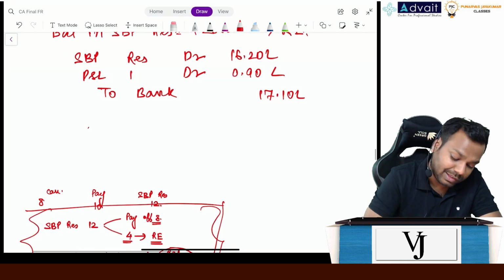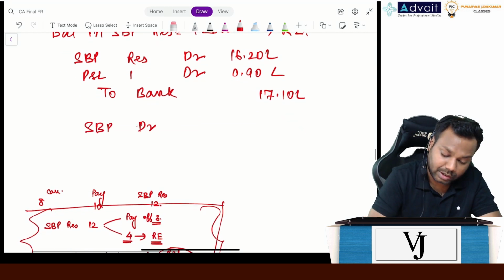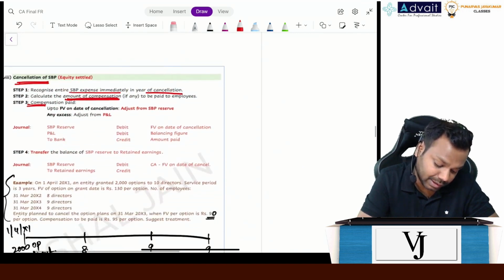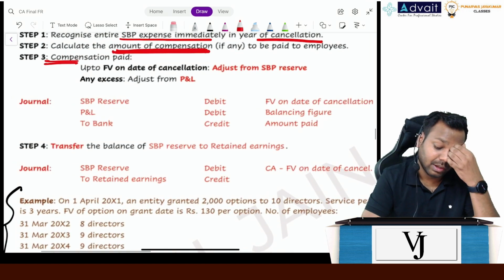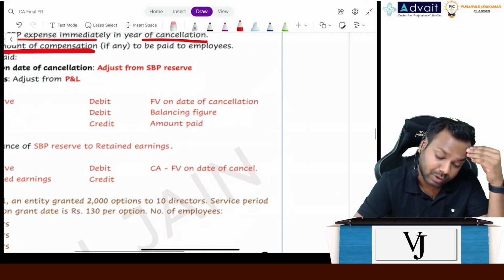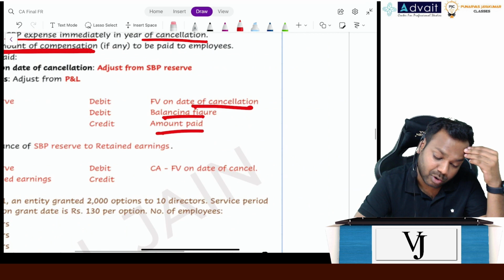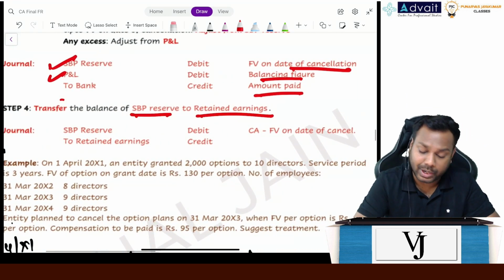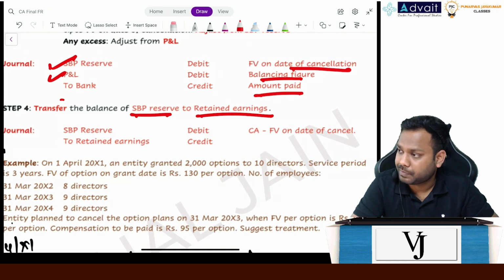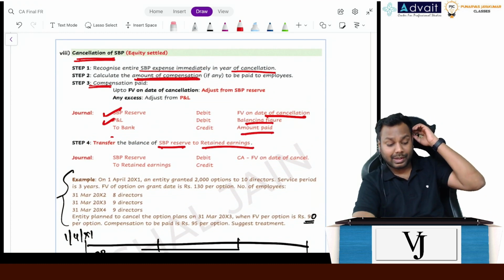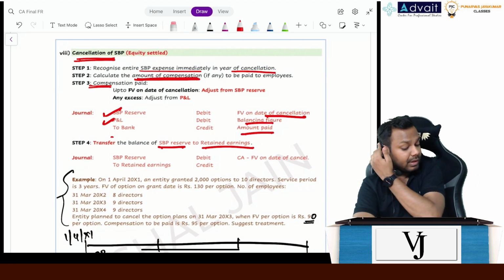Agree? Now what is the balance in SBP reserve? 7.2 to retained earnings. Is it clear, everyone? Just see the entries here, is it the same? SBP reserve account debit, P&L account debit to bank up to the fair value on the date of cancellation, balancing figure, amount paid. Right? Now transfer the balance of SBP reserve to retained earnings. Clear, everyone? Wonderful. So this is the discussion on the cancellation of the share based payments which is given to